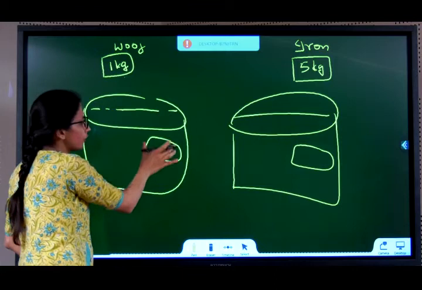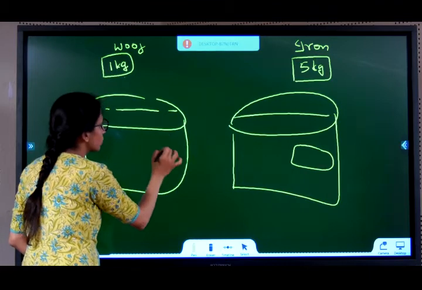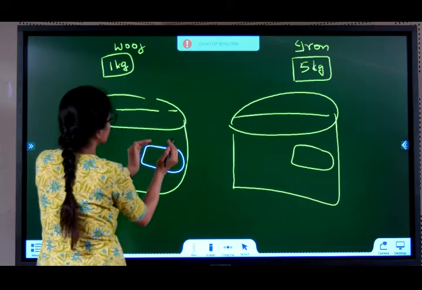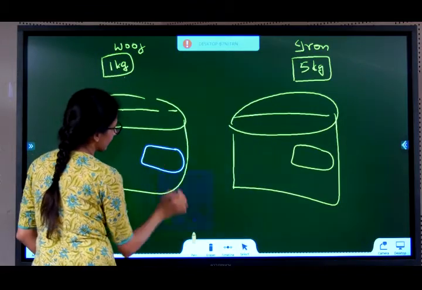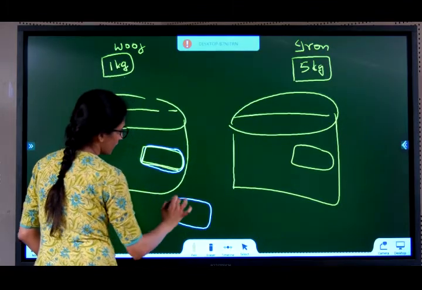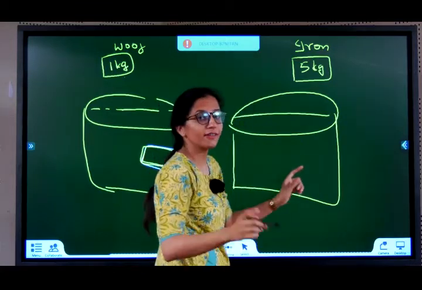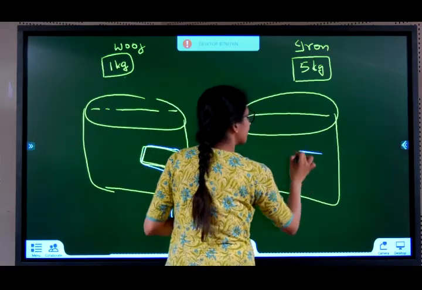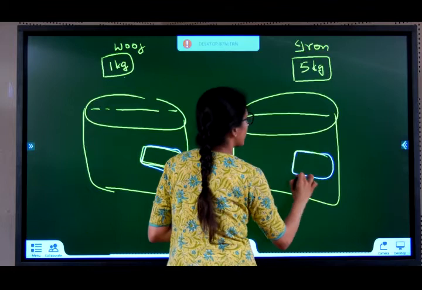For 1 kg block to fit here, what should I do? I should remove this much water. This much is the size, I want that much place. I have to just make empty space. I removed that much water. So this 1 kg block correctly fits here. So this much water has fallen out. Now, if I want this 5 kg iron block to fit in, I will not see the weight. I will see its size. Whatever is the size, that much space I will make. I'll remove it and put it out. Now this iron block will exactly fit here.